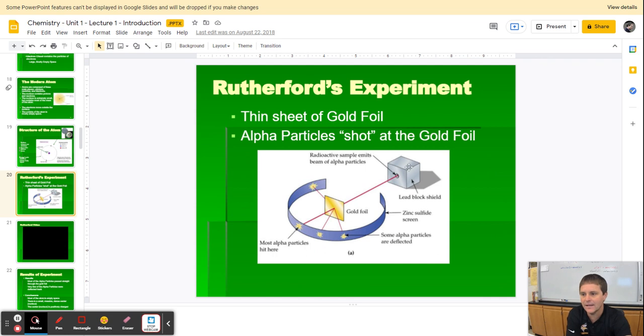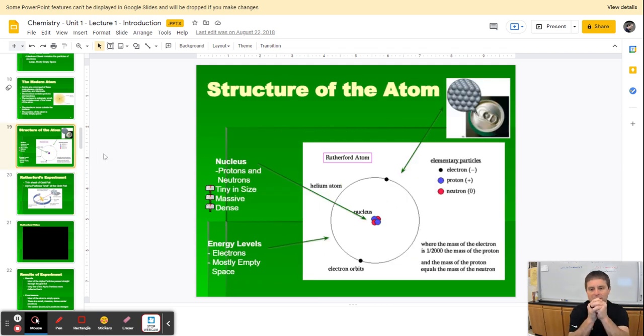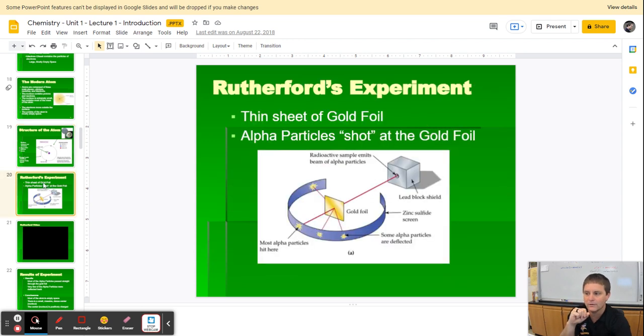What we're going to do now is investigate Ernest Rutherford's experiment that took place in the early 1900s, a little over 100 years ago, and how he discovered that the atom was not a solid sphere, but that it actually had separate parts to it, the nucleus and the electron cloud. I hope this helps understanding the structure of an individual